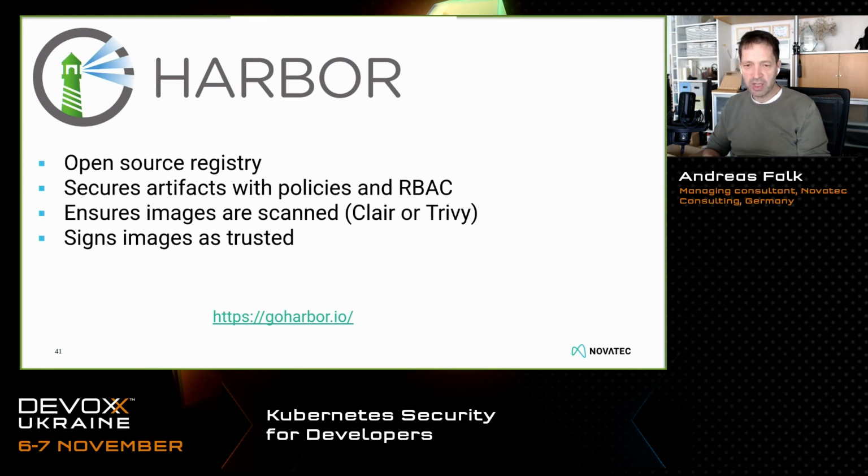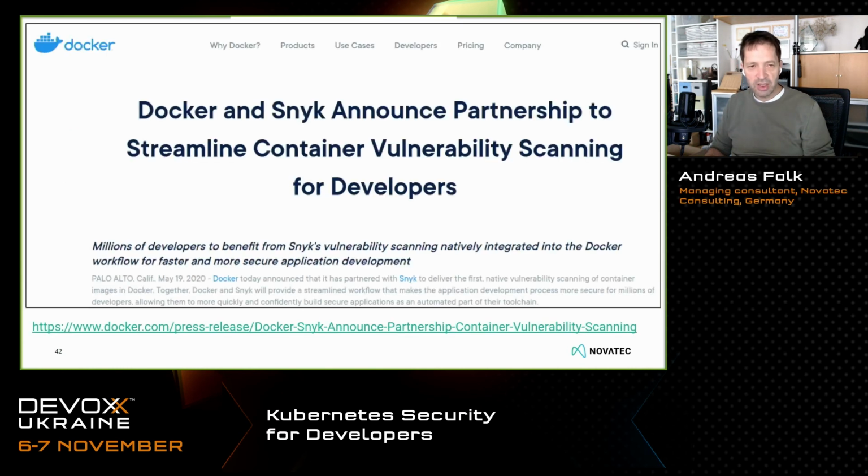You have the choice between Claire or Trivy nowadays to configure. It also includes signing images with the Docker Notary Trust standard. So you can also sign your image as trusted, so you can check if the image was not changed after its creation. So no third party could just put malicious code inside a pre-existing container image. So also use that one, for example.